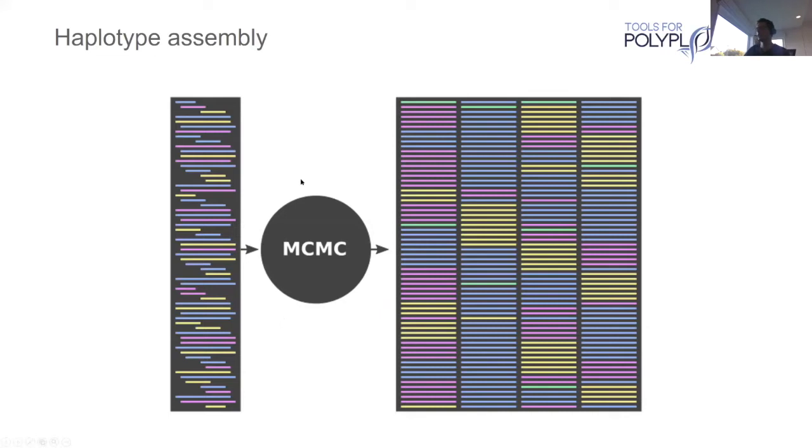This is a simulation algorithm where we take in a bunch of observed reads. Then we start proposing genotypes here. We run this simulation over many iterations, and in each iteration a new genotype is proposed based on the previous genotype, and that new genotype is either accepted or rejected based on the likelihood function and the posterior distribution, the prior